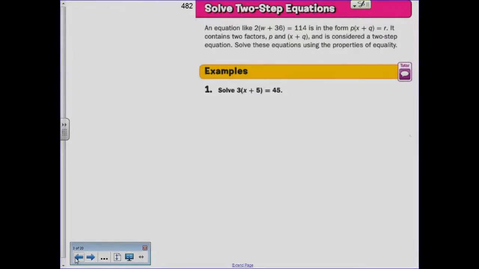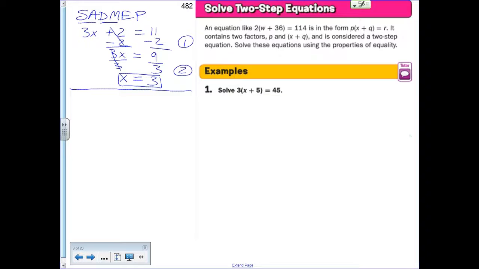All right, today we are going to learn about more two-step equations. We were actually doing two-step equations the last couple days using the reverse order of operations, SADMEP, where we would take an equation like 3x + 2 = 11 and solve it using the reverse order of operations. An equation like 2(w + 36) = 114 is in the form